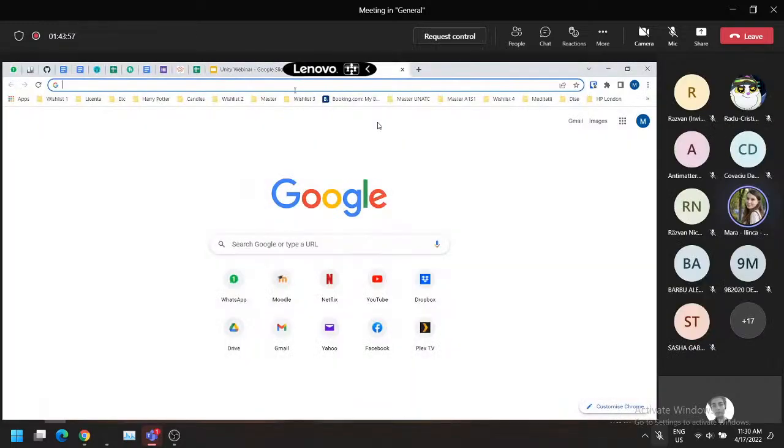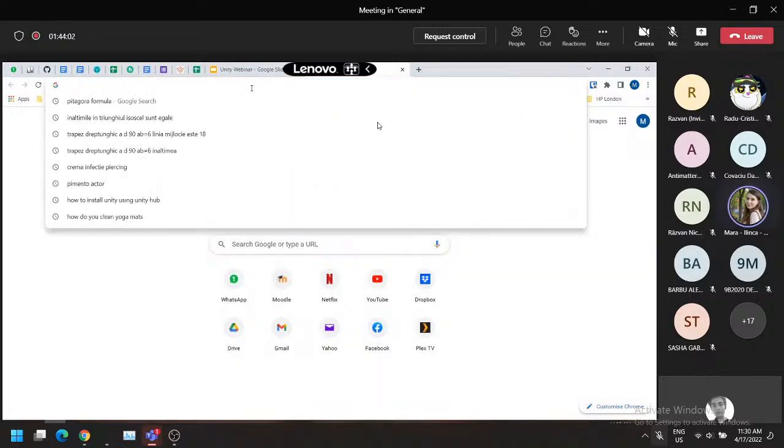Ok, sper că se vede. Se vede browserul meu? Da, se vede. Bun. Asset Store-ul este